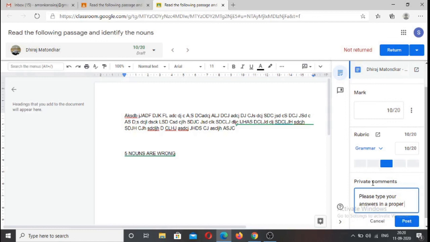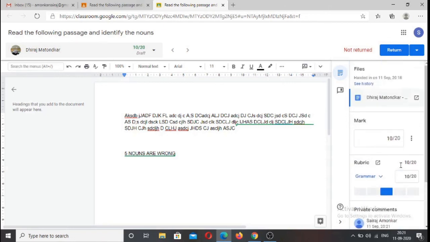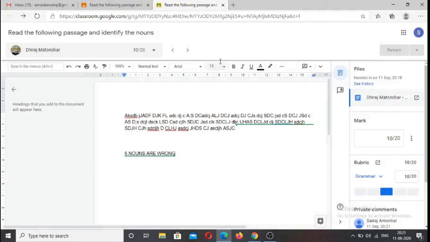Or proper sequence, I would say. So I will just post this comment, and I will click on return. So you can just click on return. Now I have corrected the work, and I am returning the file.